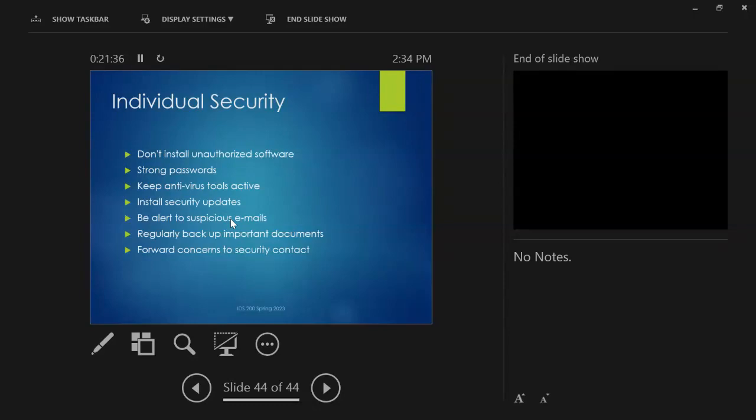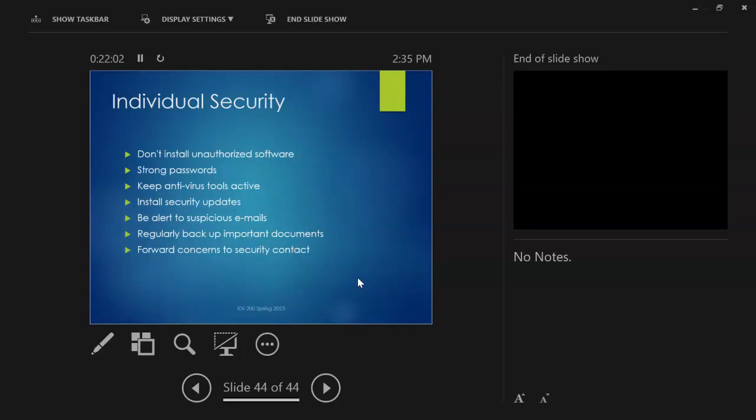even though it's kind of an inconvenience, right? We've all had that thing where we want to do some web browsing for whatever, and all of a sudden everything kind of stops because our security feature updates. They're pulling down this massive batch of data and we can't do anything else for a minute. But yeah, in a business setting, that's certainly more important. Be alert to suspicious emails. Right? If they look sketchy, they probably are. Even if they don't look sketchy, they might be.